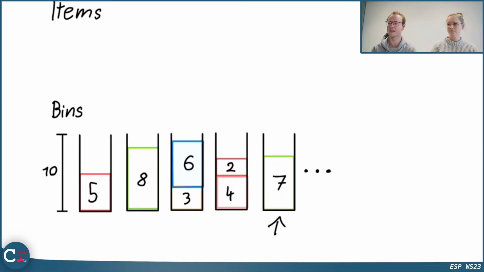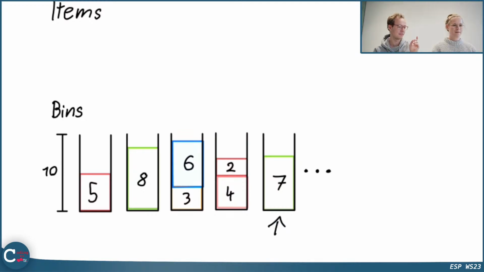Yeah, so there are some observations in the chat already. It's not optimal. No, that's completely true. It's the fastest. Yes, that is true. Of all the algorithms that we will discuss today, this is the fastest one, because we always consider just the current bin and maybe the next bin, but we do not go back to bins that we created previously. So we don't need to remember how much we put in the last bin or anything. We just know that in the current bin I already have that many items with that much weight. So if the item doesn't fit, let's just use the next bin. It's a pretty simple algorithm.